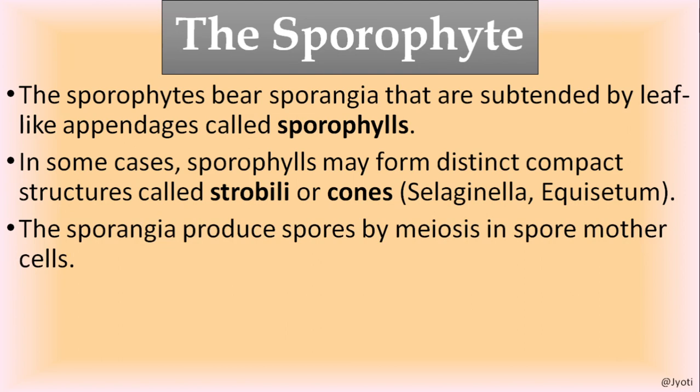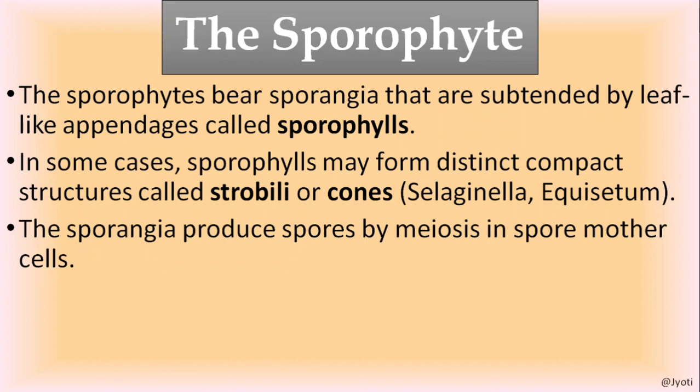Now the sporangia, you know what is sporangia? Sporangia is the structure that produces the spores. And how are the spores produced in the sporangia? The spores should be haploid, because the spore has to develop into gametophyte, and the gametophyte of pteridophyta is haploid. But the sporophyte is diploid, so the cells that constitute the sporangia are also diploid. So the cells of the sporangia divide by meiosis to produce haploid spores.